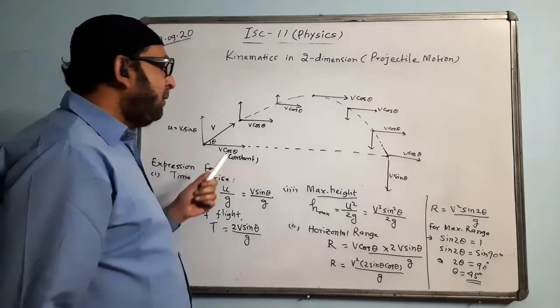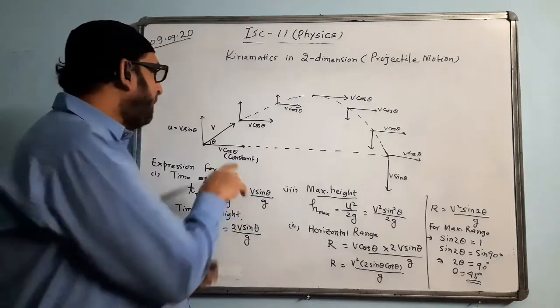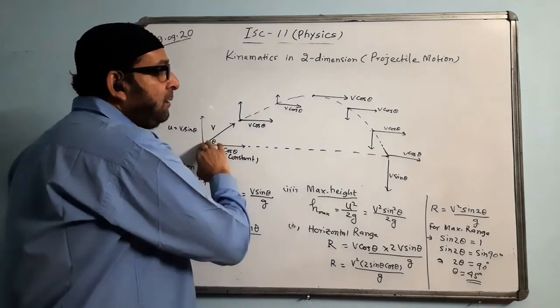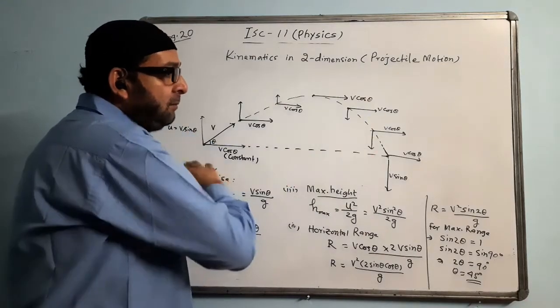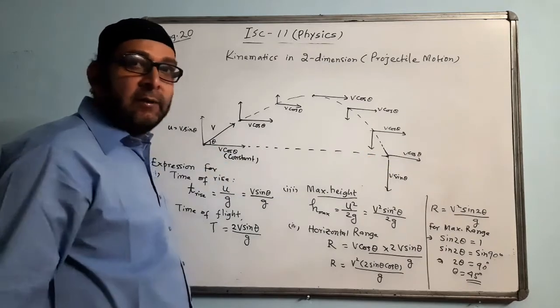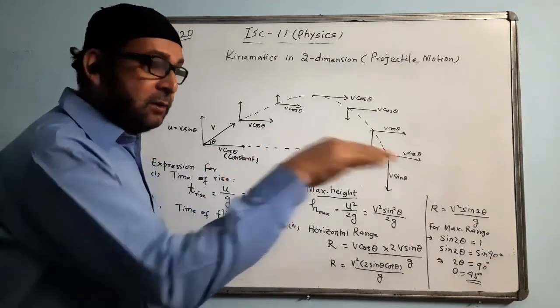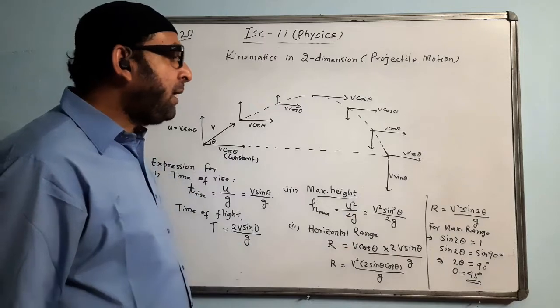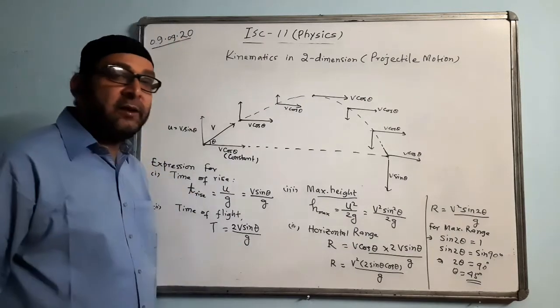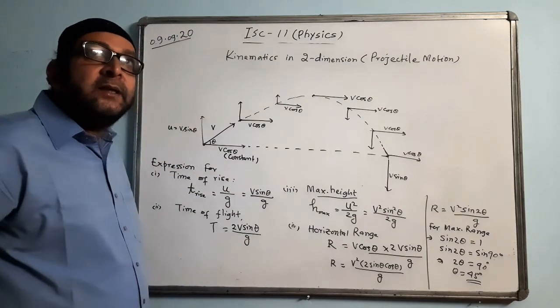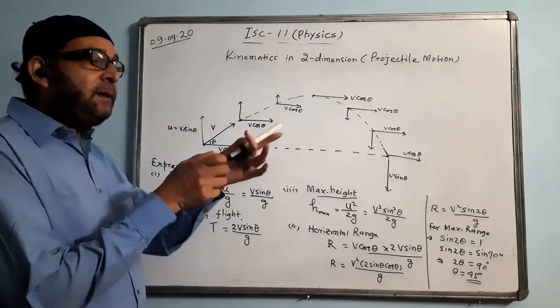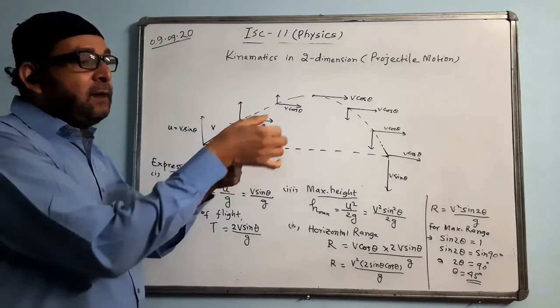If we throw something with a particular velocity making an angle of 45 degrees, it will reach the maximum horizontal distance. It will cover the maximum horizontal range. So that is the idea. For what angle does the range become maximum? 45 degrees. You must have seen things like the army tank and all. There is a barrel over here like this.